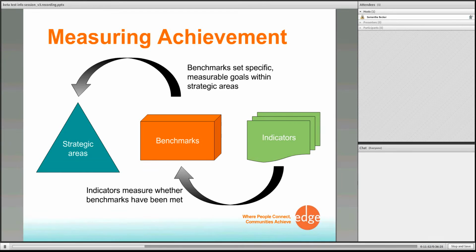From there, we developed a set of indicators. The indicators are designed to measure whether the benchmarks have been met. So if you take a benchmark like we will provide digital literacy services to our community, we need to have a way of measuring whether that has occurred. And the way that we measure that is by developing indicators